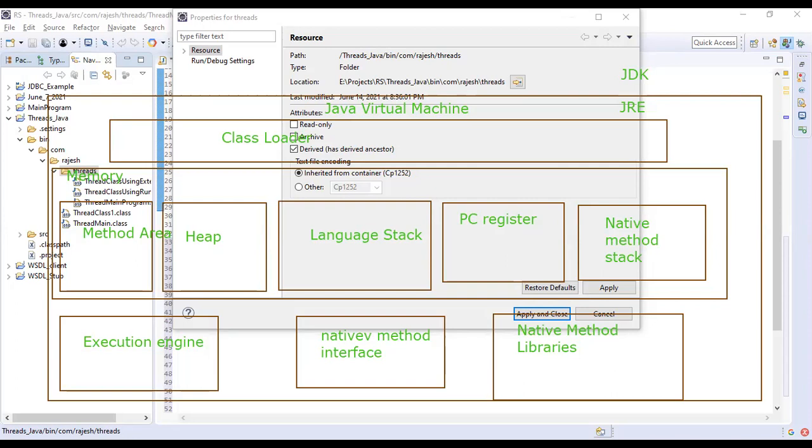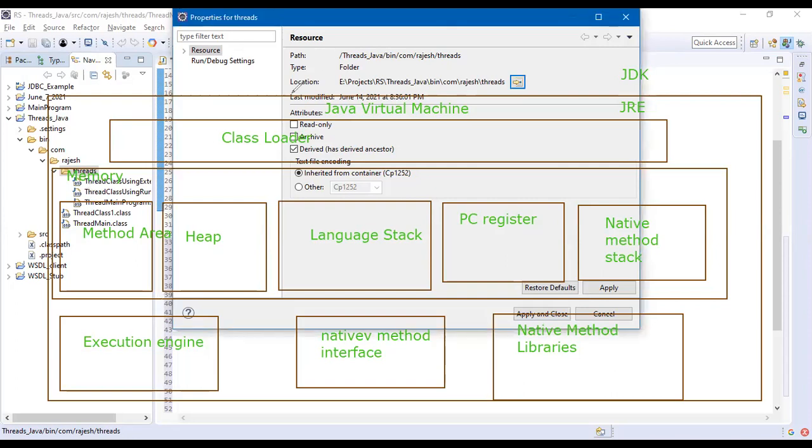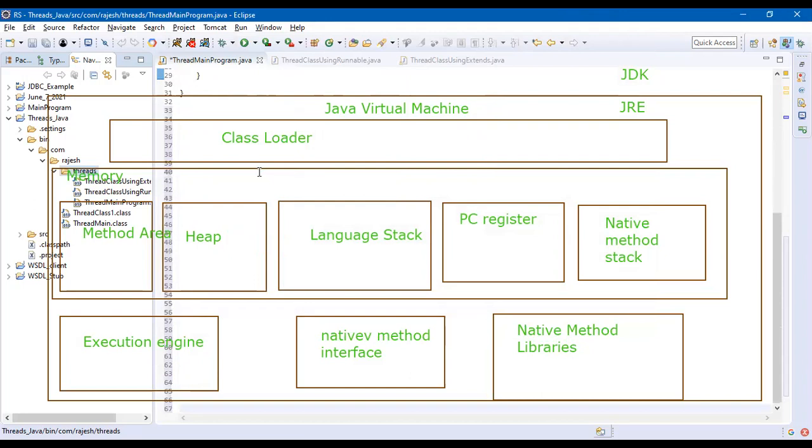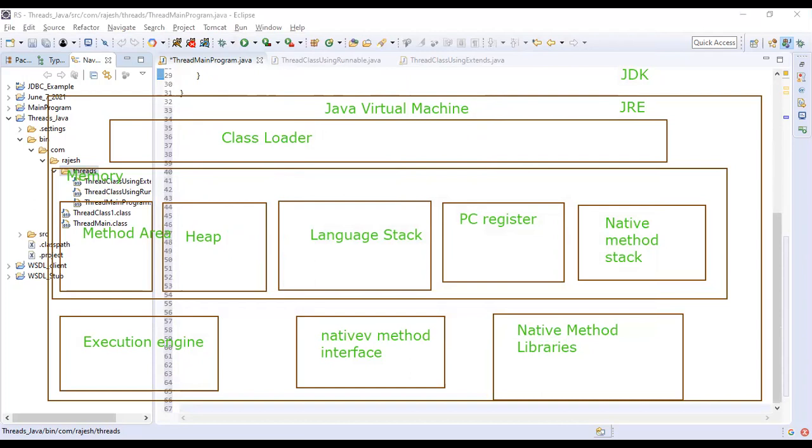So the class file is available in this particular folder, right? Someone has to take the responsibility of loading the class file into the JVM and start executing it. Whatever logic we have written, someone has to take that responsibility, and that is done by the class loader. There are different types of class loaders: the bootstrap loader, an extension loader, and the application loader. We'll not go into detail, but the class loader is the one which calls the rt.jar. This alone you have to know.